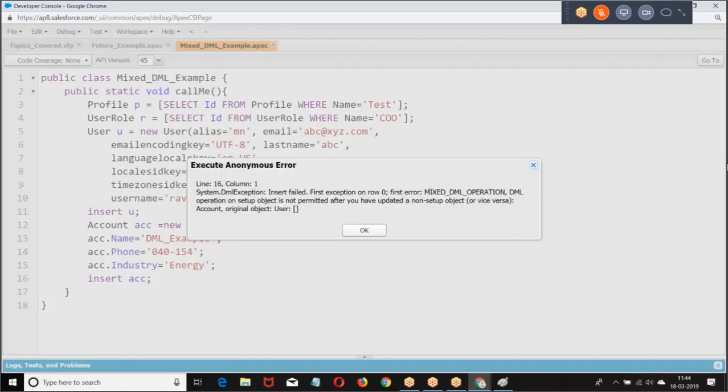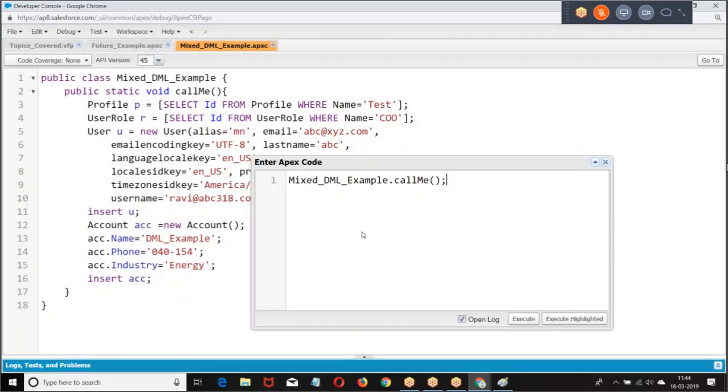No. What is the operation we got here? Mixed DML operation. Why? We are trying to make a DML on user, trying to make a DML on account. One is a setup object, another one is a non-setup object.